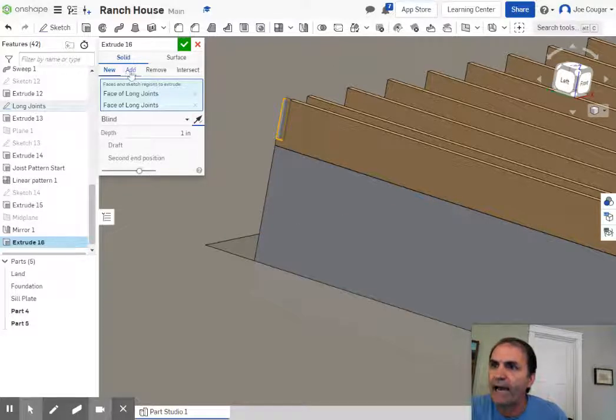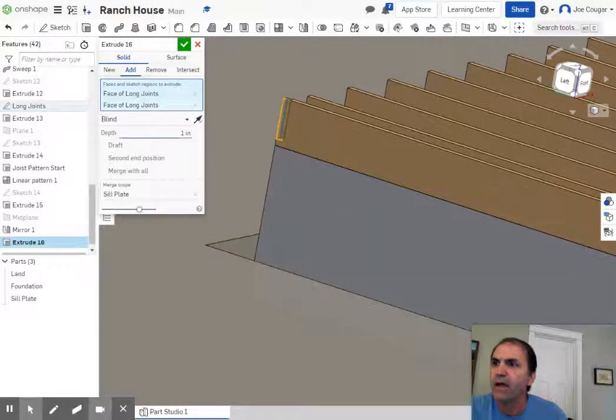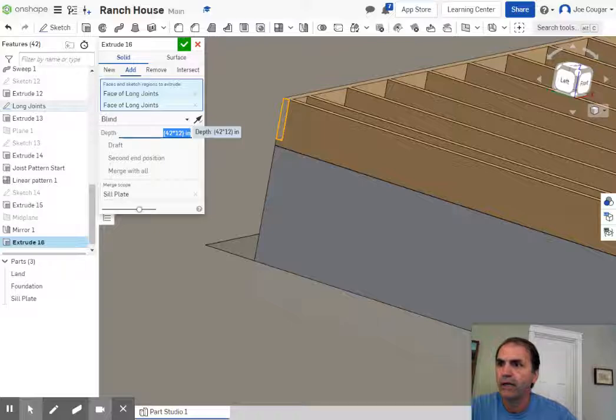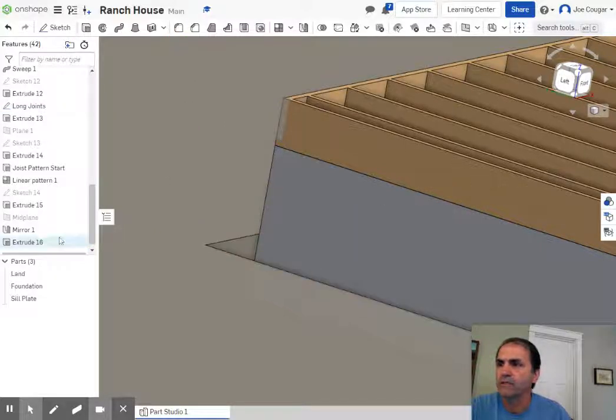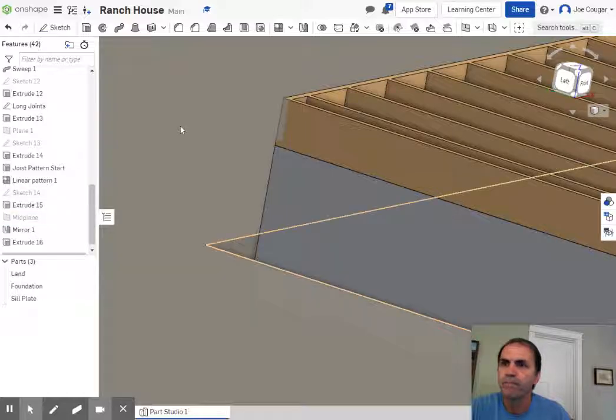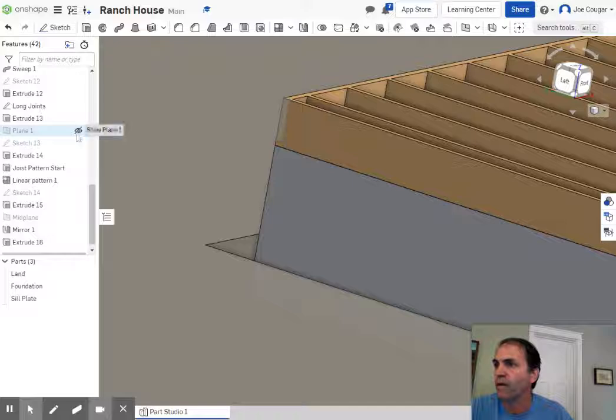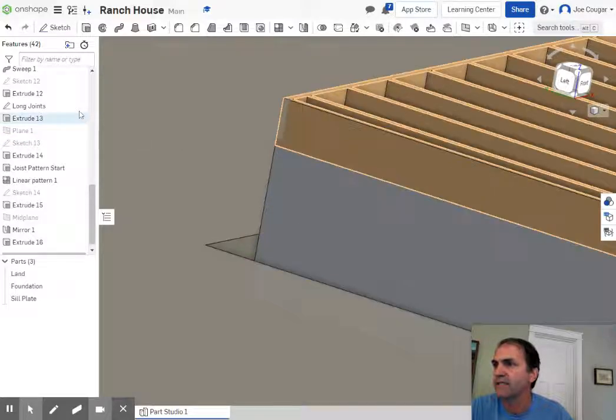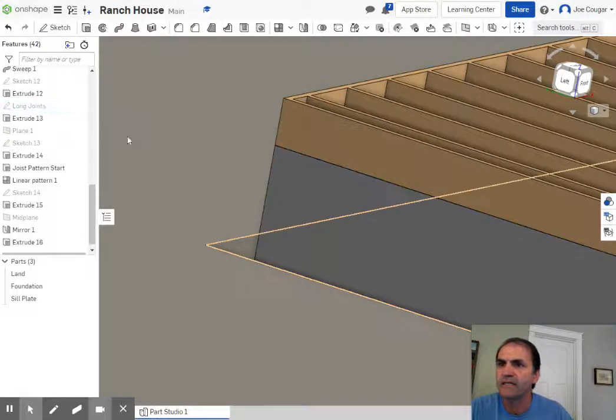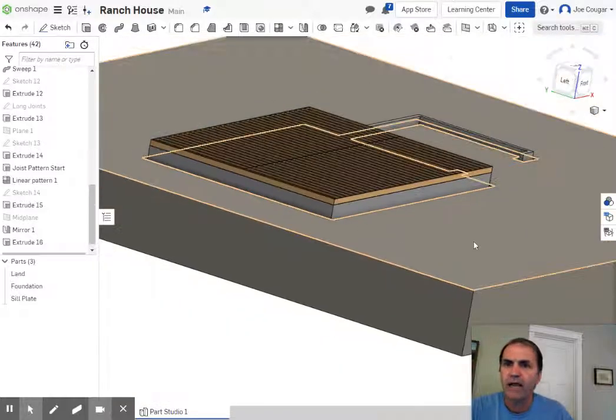I do want to add it to the sill plate. Okay, and we're going to go that 42 feet. 42 times 12. Enter. And good. And that will make us our sill plate, or our rim joists is what those are called. And we will now turn off that sketch, the long joists sketch. I don't need to see it anymore. And